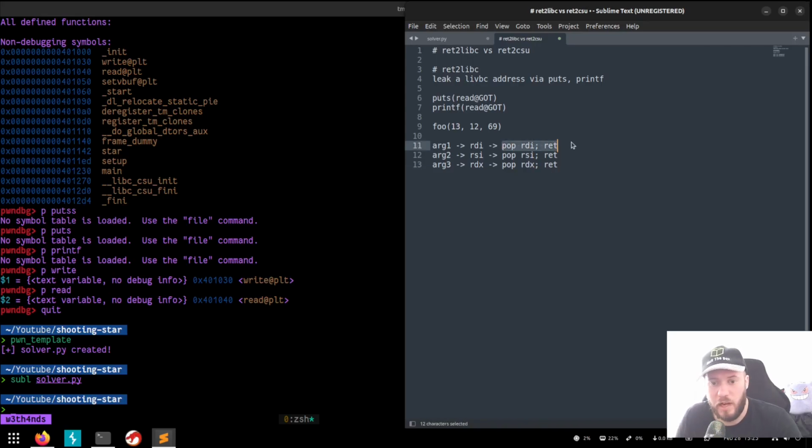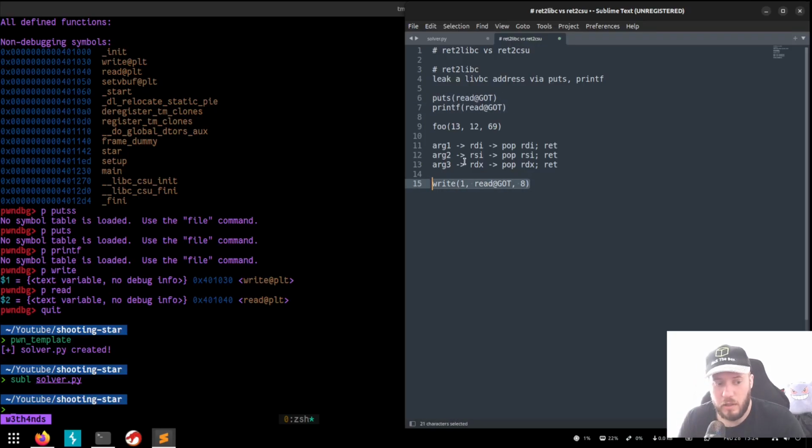If we have these gadgets, we can possibly call something like write with 1, which is stdout, read.got, and 8, because this way we're gonna write on the screen, print to us, the address of read.got or whatever function we want from libc, and we want 8 bytes of that, so we need control over these three registers. This way we can bypass that the binary does not have puts and printf and use write